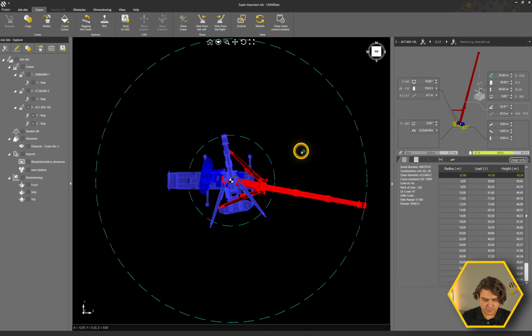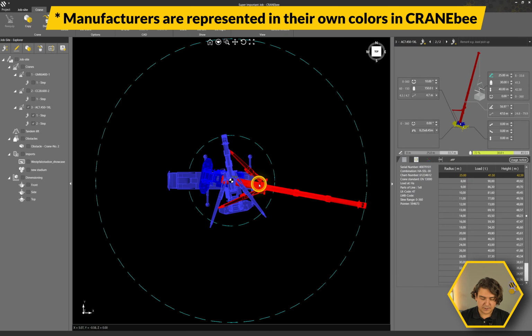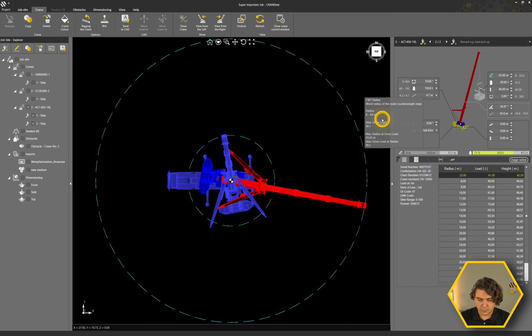Let's look at this from the top. You see the current active step is the one in color and the non-active step is blue. So we changed the radius, we changed the slew angle, we did not change the load, and we also did not change the load height.